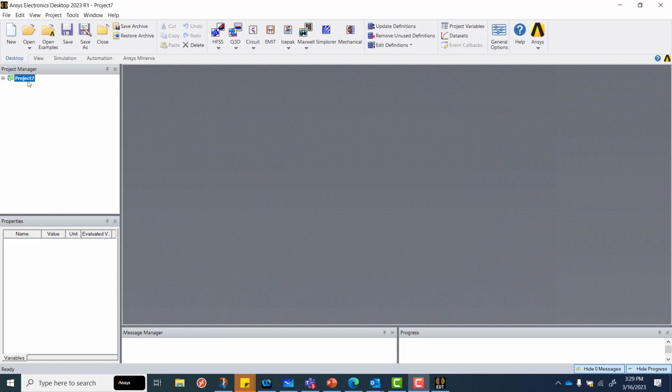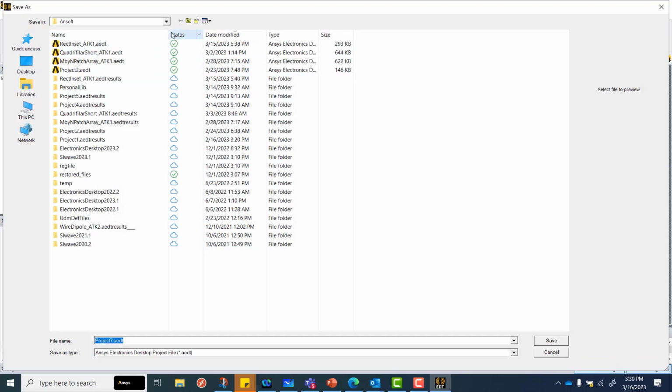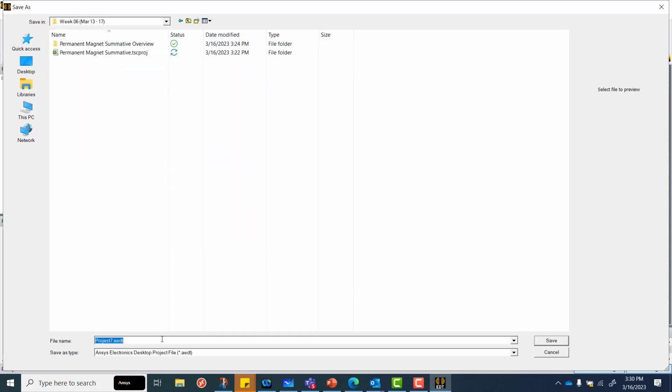So I recommend probably the first thing you do is go ahead and save this project. Remember, projects have design types that are included in them. And our design type, of course, is going to be this Maxwell design type. So right now we have an empty project. I'm going to save it now. I'm just going to hit the save button. I want you to put this on your OneDrive so you can get access to it. And I would recommend you call it